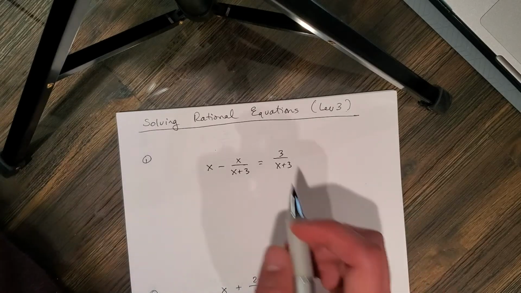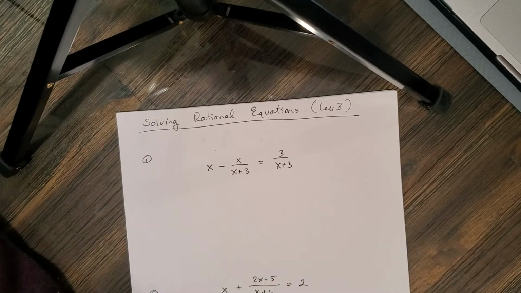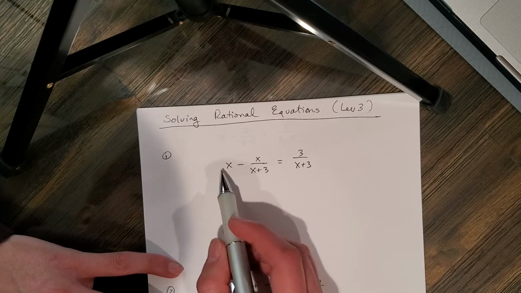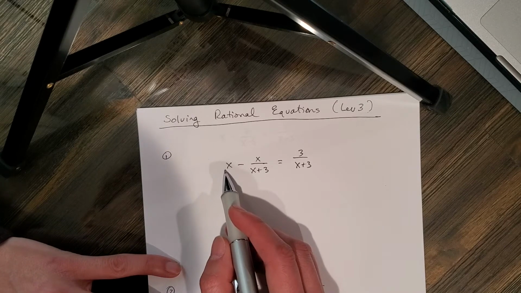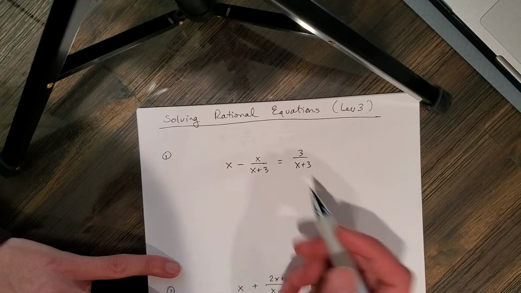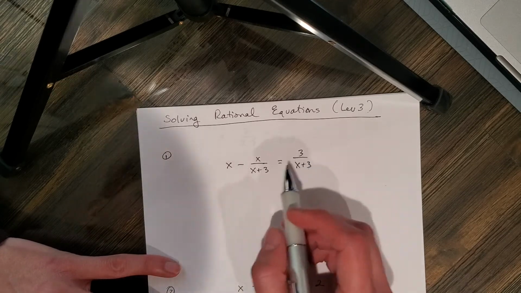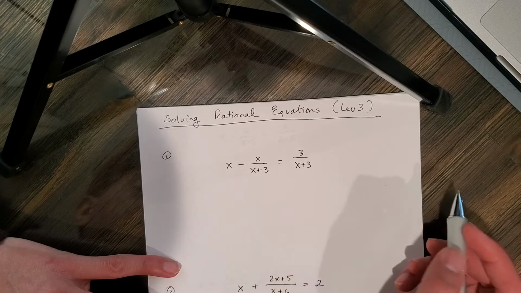All right, solving rational equations level 3. So notice here, I have two fractions and this one's not a fraction, so I could just leave that one there as it is, or I could just put it over 1, but I won't. It's not required. Okay, so notice here, I have x plus 3 as my only denominator,